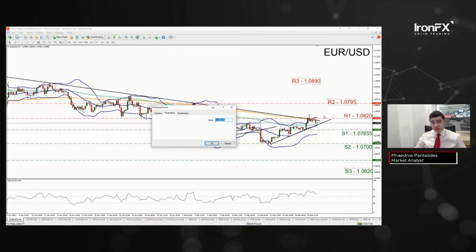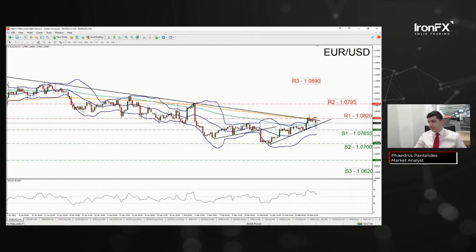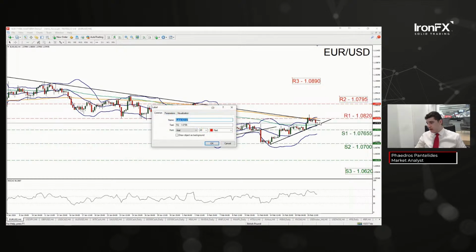Nevertheless, if our upwards moving trend line continues to be validated, we would still maintain our bullish outlook. For that to be broken, it would have to break below our upwards moving trend line. So let's say our candle breaks below and opens lower, then I would switch towards a sideways bias between S1 and R1. Whereas if it stays above, so it comes back down and then continues higher, we would maintain our bullish outlook. So R2 is